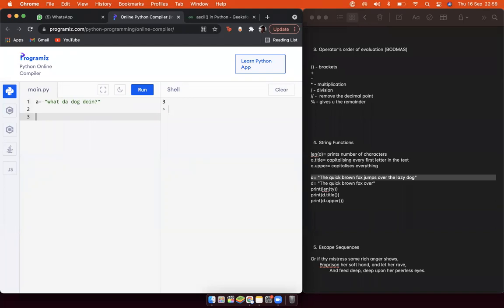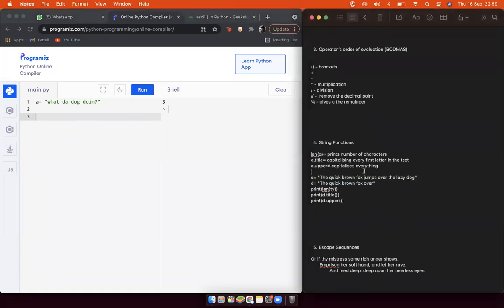Now, what string functions do is that they can tell you the characteristics of the string that you've entered, or they can capitalize some letters or something.